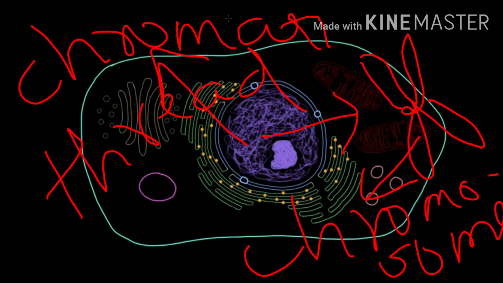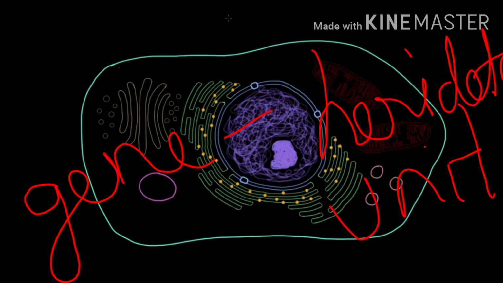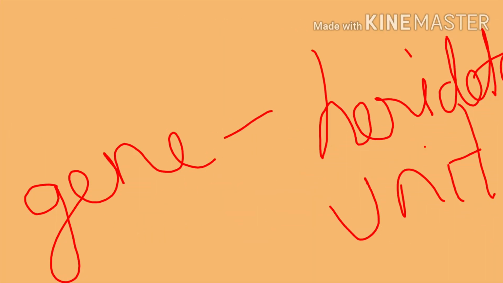Inside the nucleus, a thread-like structure is present, called the chromatin thread, or chromatin network. During cell division, it condenses and forms chromosomes, and on chromosomes genes are present, which are responsible for the transfer of characteristics from the parents to offspring. That's why the gene is called the hereditary unit, and it is located on the DNA, and DNA is called hereditary material.